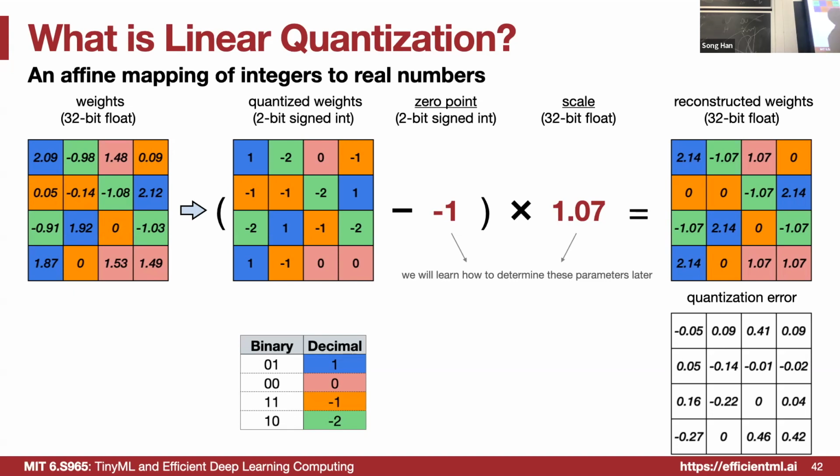Okay? And then we introduce this 0 point. And this is another concept we newly introduced. We are going to learn how to determine that very soon. But just to give you a high level idea of how that works: we have a 0 point, and then scale them using a floating point number, okay, so that we can get a recovered matrix. Okay? So we are going to use this matrix for matrix multiplication for inference, and